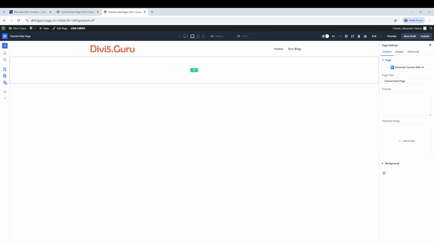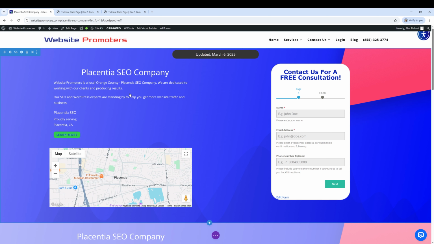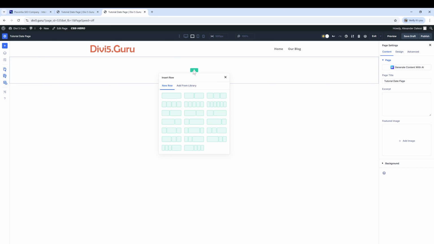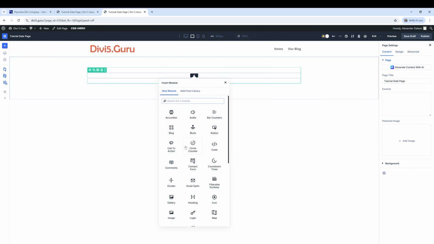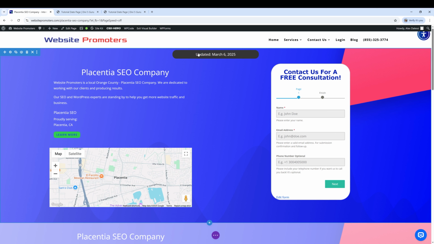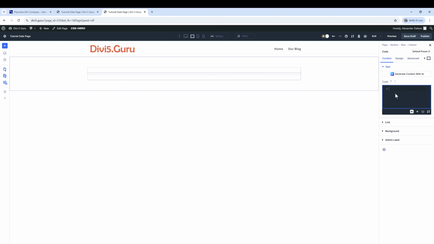Hello Divi fans. In this video, I'm going to go over how to create a page like this using Divi 5. So here, I'm going to add one row, and I'm going to use the code module. This is going to be, I believe that's a paragraph, background color that's centered and is in the color white. So let's do P, updated date,